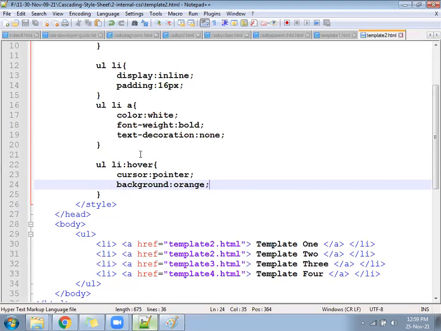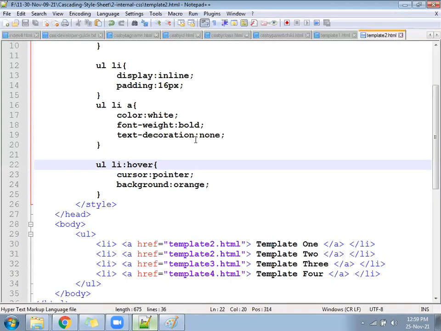Something similar or different? Check once. Li colon hover, no space, it is continuous. Li colon hover, don't give a space. Something like this. See that?